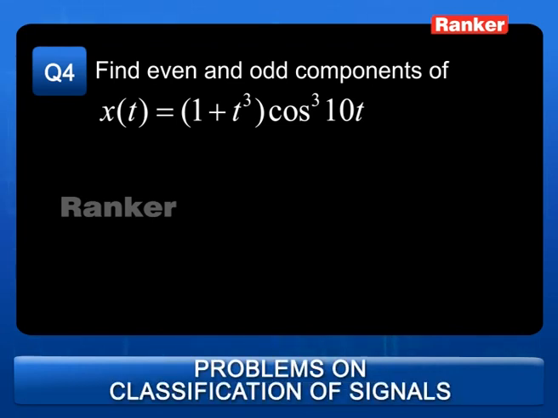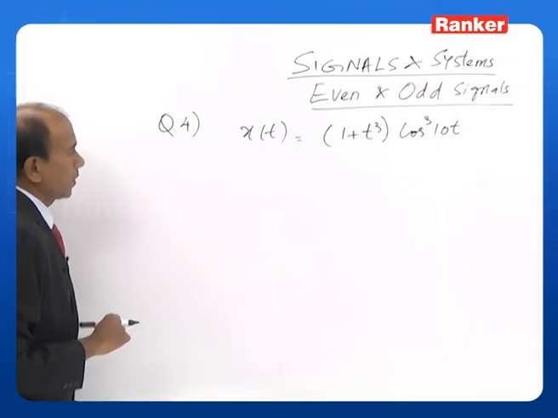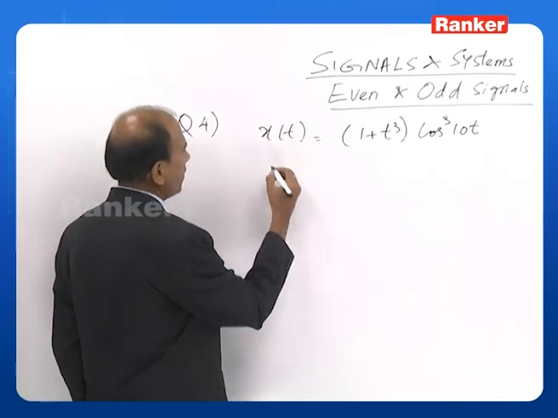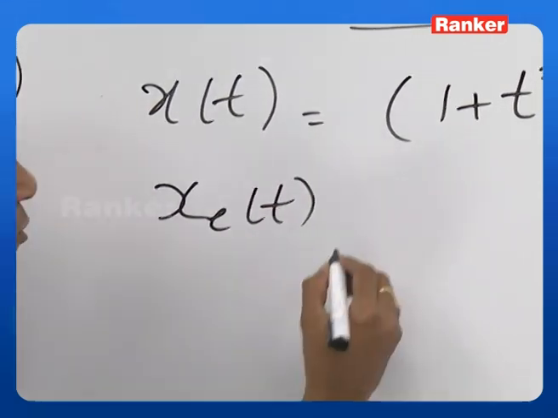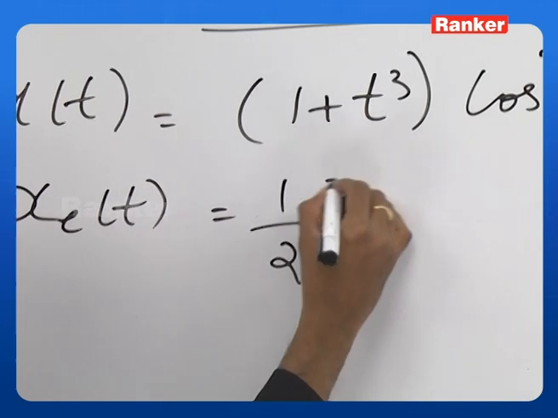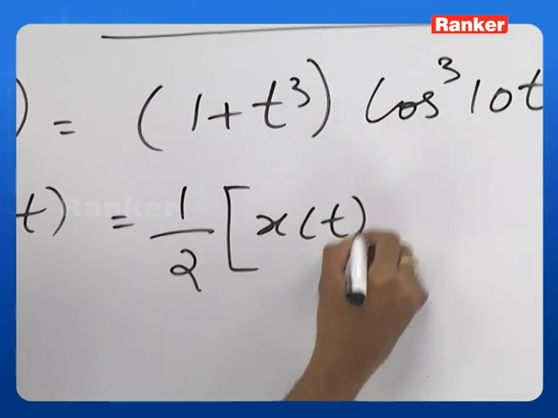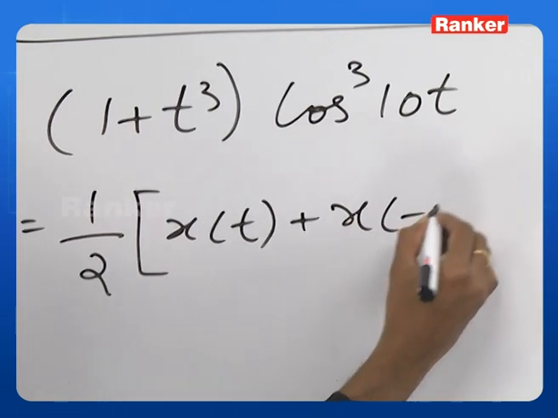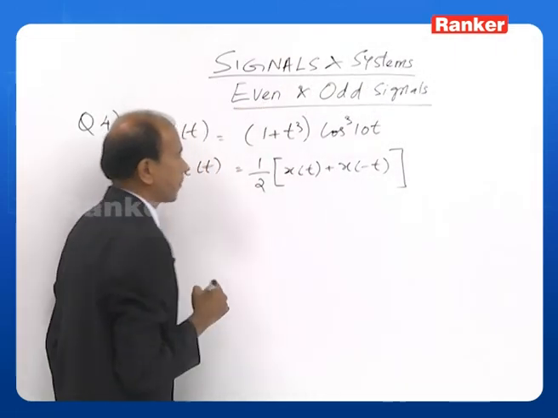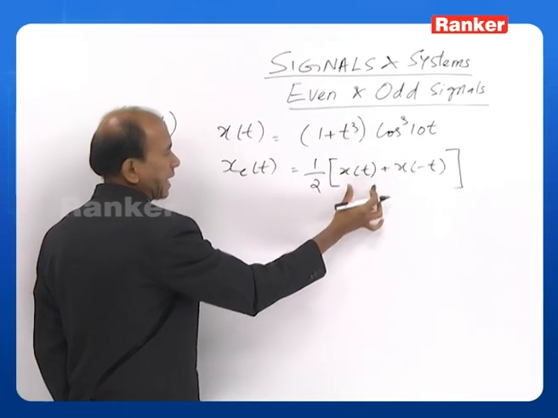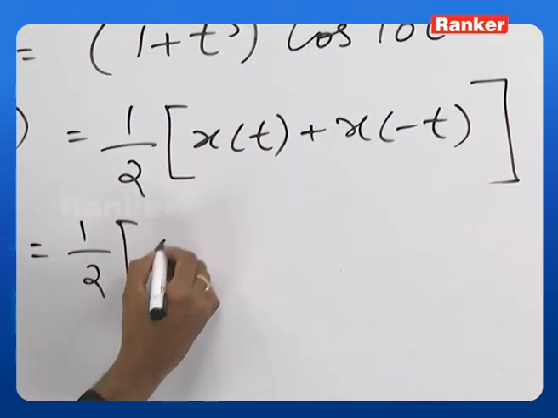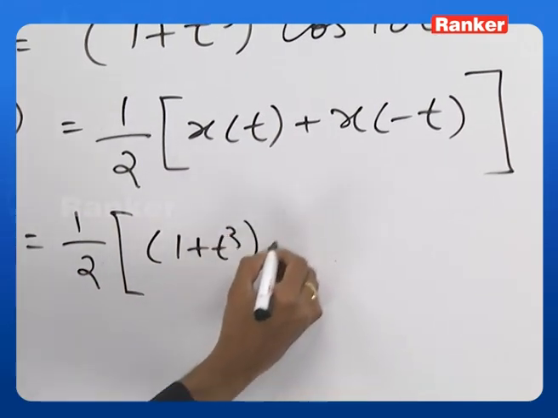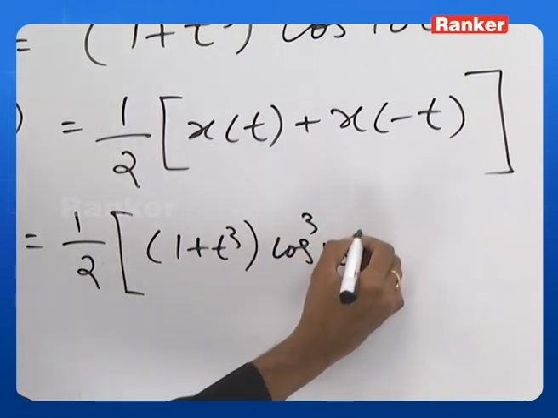x of t is equal to 1 plus t cube cos cube of 10t. Again we will calculate the even component of this, and again we will write the formula. What is that? Half of x of t plus x of minus t. Now, x of t means we have to repeat this as it is here. So, that will become half of 1 plus t cube cos cube of 10t